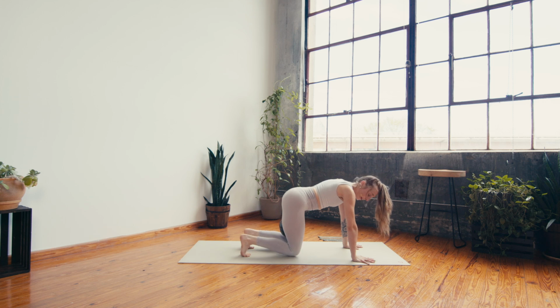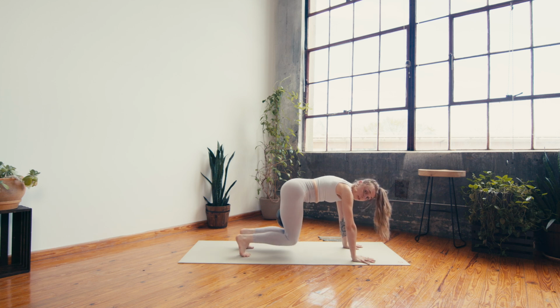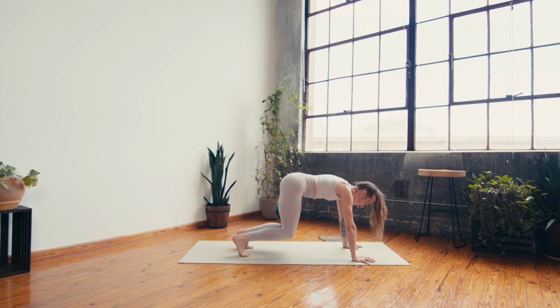Squeeze the ball in 3, in 2, in 1. Knees stay hovering, just squeeze the ball. Now, if you don't have a ball, isometrically draw the knees towards each other. So they're not really going to move, but you feel that pulling in action. Squeeze, squeeze, yes. Squeeze, squeeze. Whew. Here's 8,